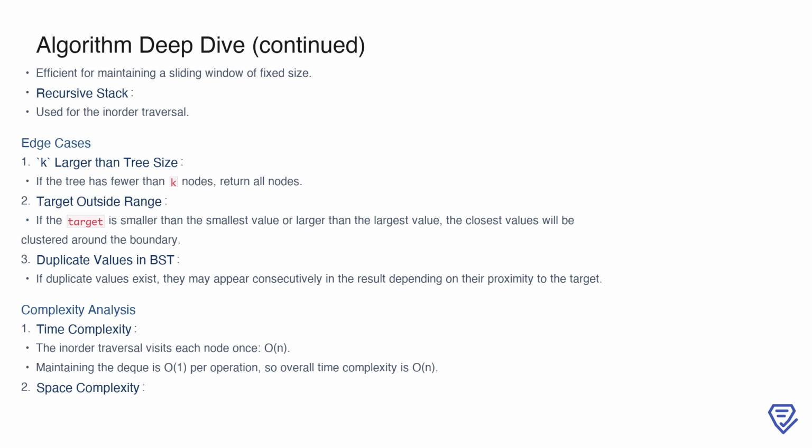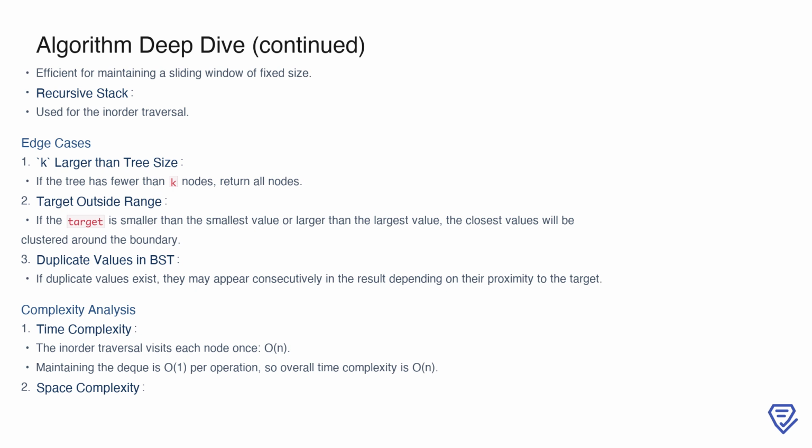the tree. When the target value lies outside the range of the BST, for example, if it's smaller than the smallest value or larger than the largest value, the algorithm naturally clusters the closest values around the boundary. Additionally, if the BST contains duplicate values, those duplicates may appear consecutively in the result if they are equally close